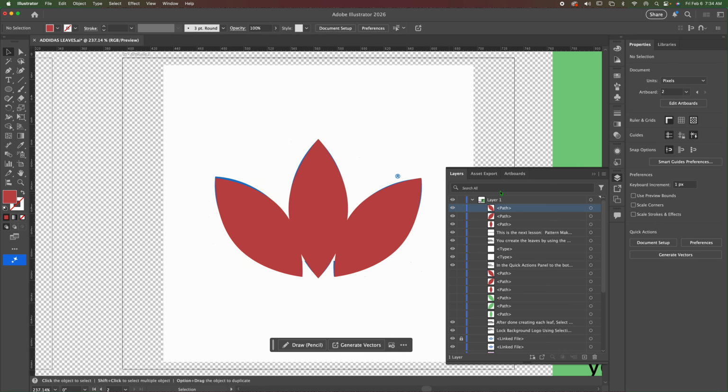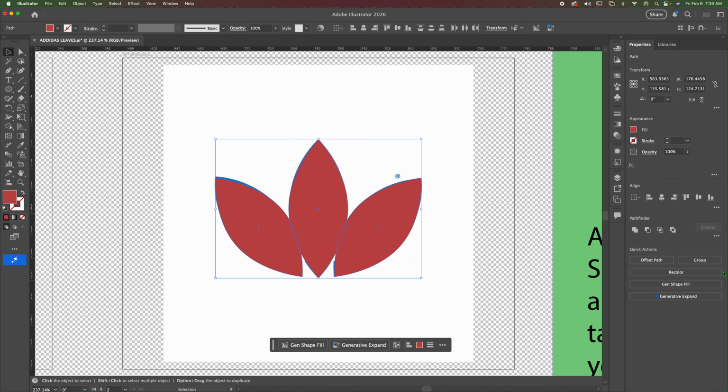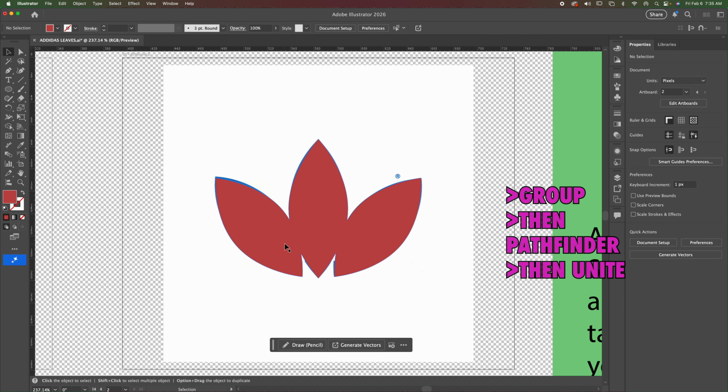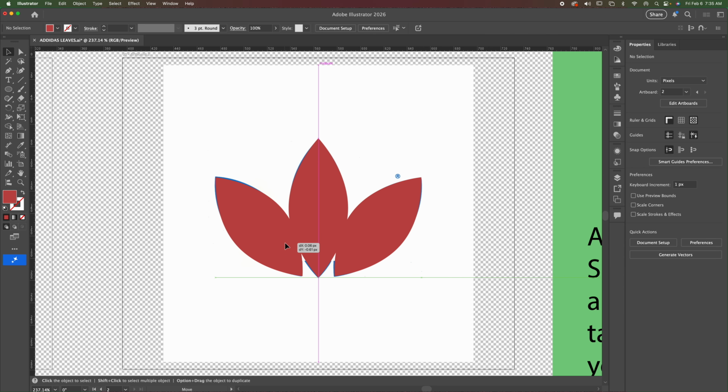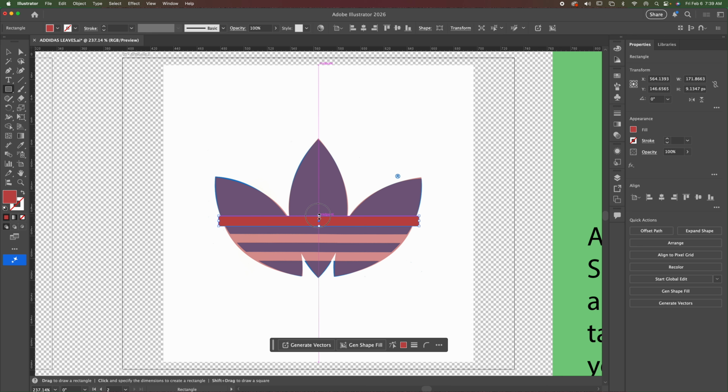So this is what you have so far. Now let's do this thing right here. So you select those three, you group them. You could have another option where this Pathfinder pops up and you can make it into a shape. So let's just make it all into one shape. Boom. So now you'll notice when you move it, it's just one shape. Okay. Get the rectangle, select your rectangle, drag across, make the micro adjustments,